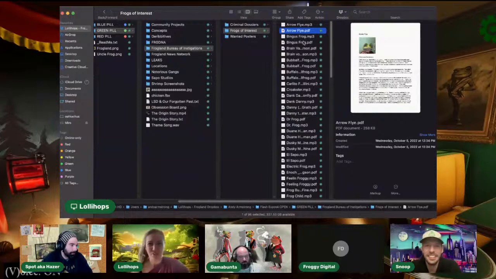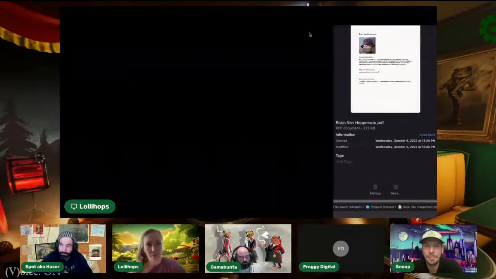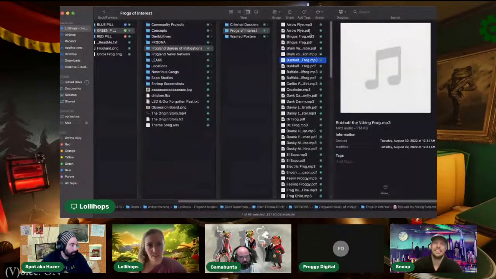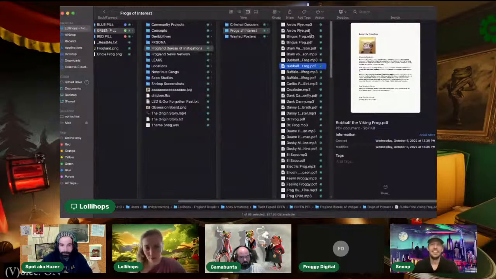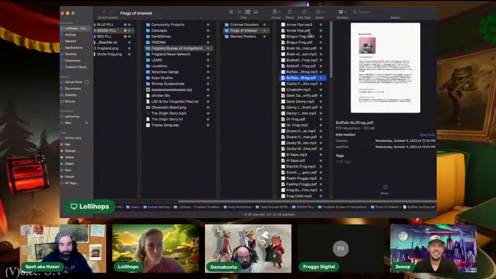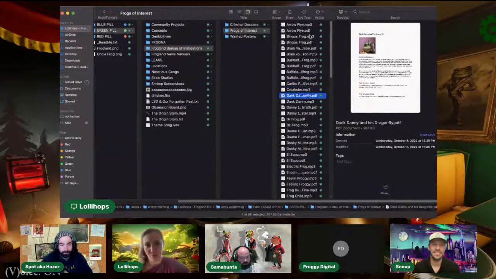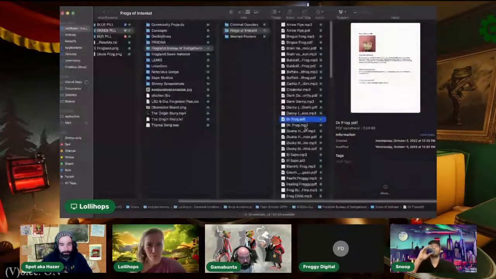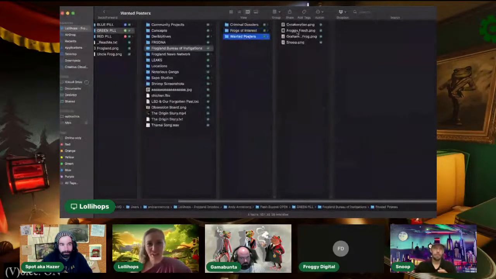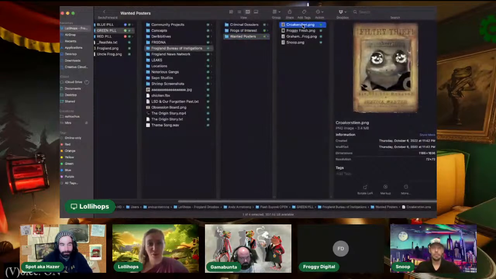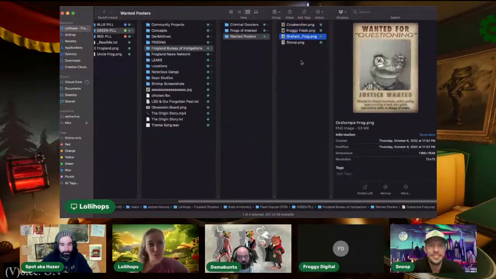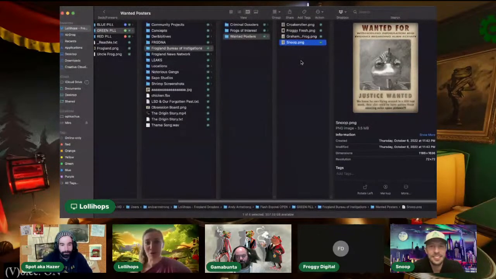And so then in the Frogs of Interest folder, we have from back when we did the character backstory contest, I put everyone who submitted an entry. All of their PDFs are in here with the frog NFT that they were describing and giving a backstory to, as well as the MP3 files where I read through them and gave those stories an audio component as well. So those are all in there, as well as a few different wanted posters for some notorious deeds that have gone on in the community, including Snoop Dogg, of course. You can add that one.